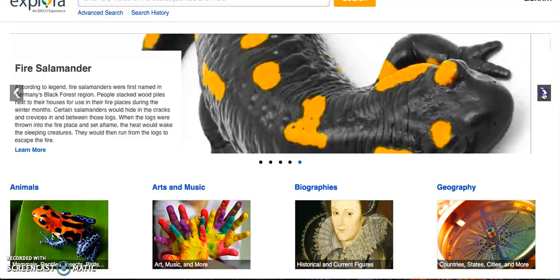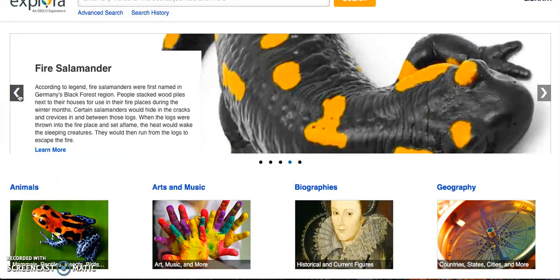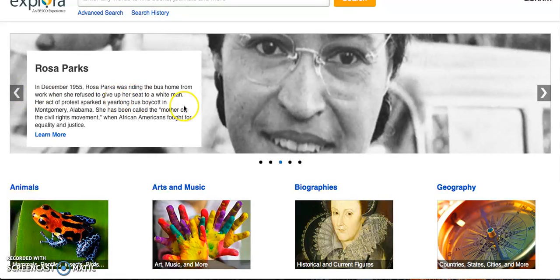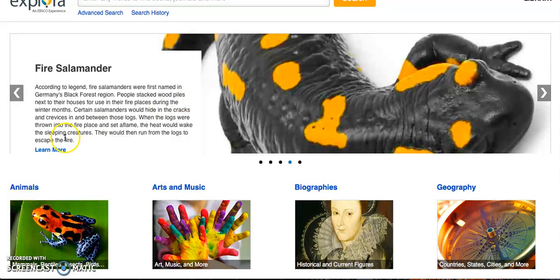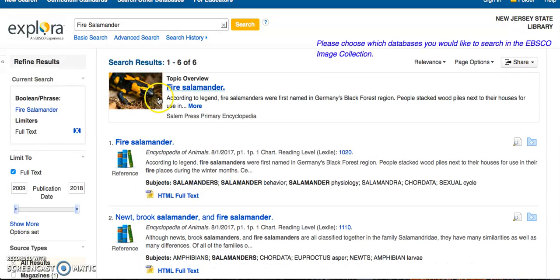So if you need to assign a student something to read and find some informational text material, you can even just send them here and peruse the carousel. Of course, something is always posted to draw some attention. I've never heard of a fire salamander, so I'm going to click on the more, and I can see here